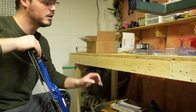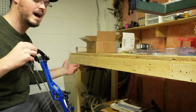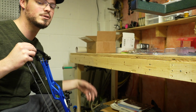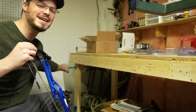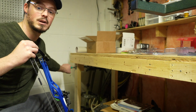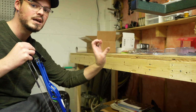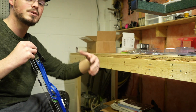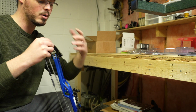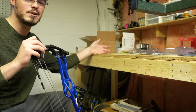You anchor up here, but your hand doesn't sit in the same plane. It's actually lower. And that, for me, I feel, and maybe I'm just full of malarkey, but it gives me a good actual reference point of how my bow sits in time when I shoot it. Because if you start torquing and twisting your bow, pushing one cam in or out more with your grip, particularly if you shoot a cable stop bow and not a limb stop bow like my Elite Tour or my Elite Result, you might get different timing